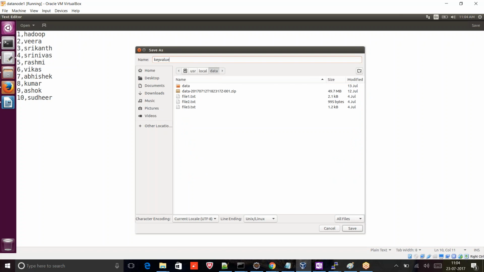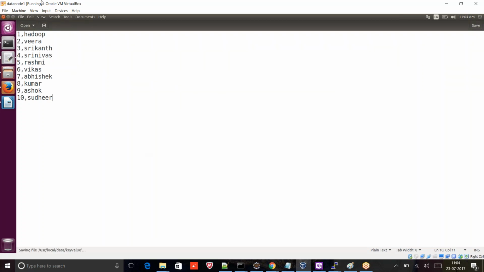Table name is key value, data name is key value. So extension really doesn't matter in Linux. Save. On save, the data is saved, where I have saved the user local data in that key value. So now